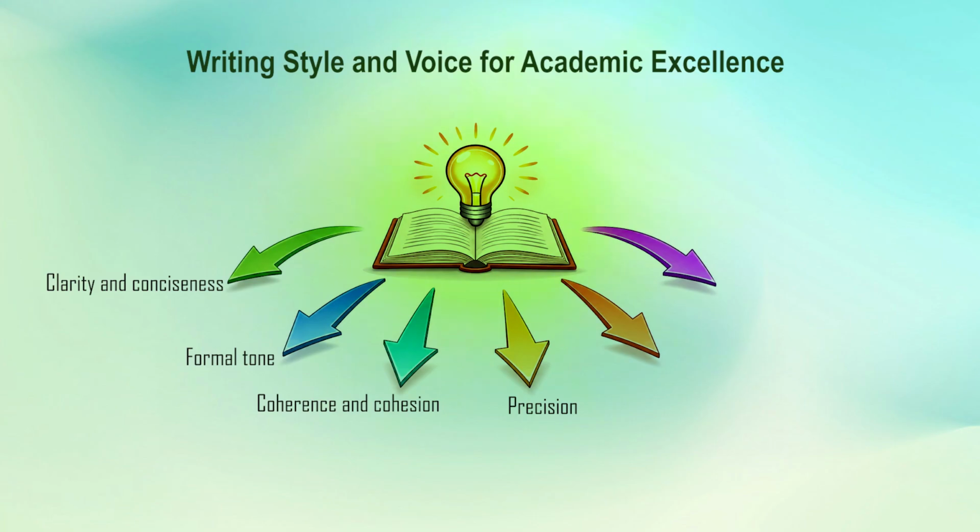Then comes impersonality and evidence-based reasoning. An article that is meant for academic purposes must not have the personal opinions of a writer. It should be backed more by logical reasoning and evidences. So it should be impersonal and objective. It must avoid any kind of personal reflections in it unless absolutely required for the sake of the argument.